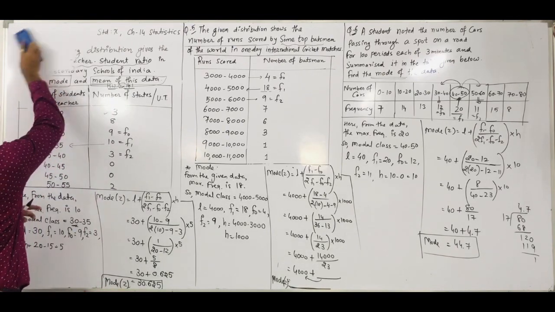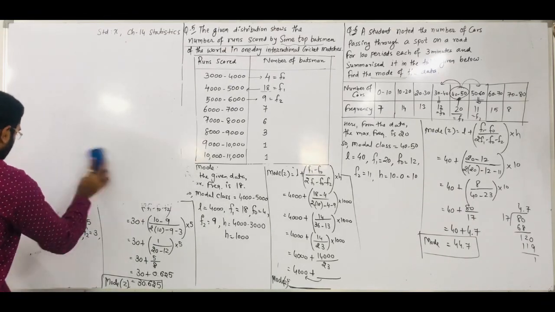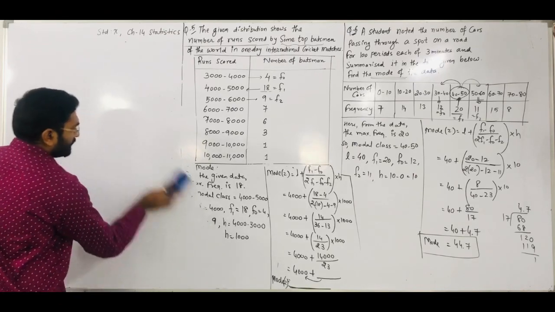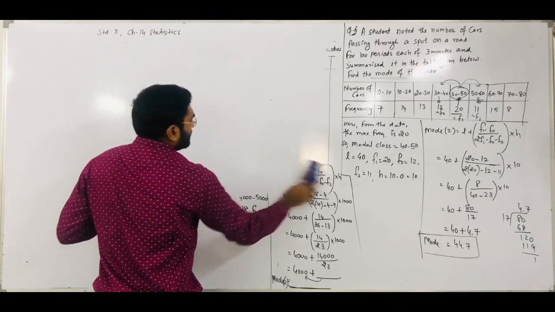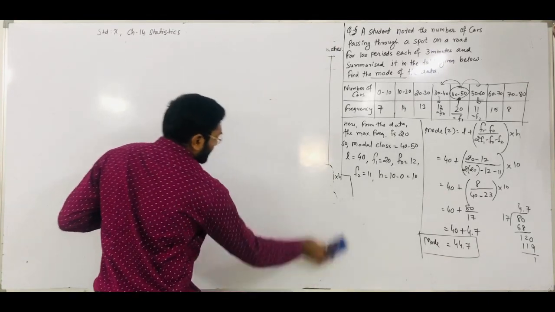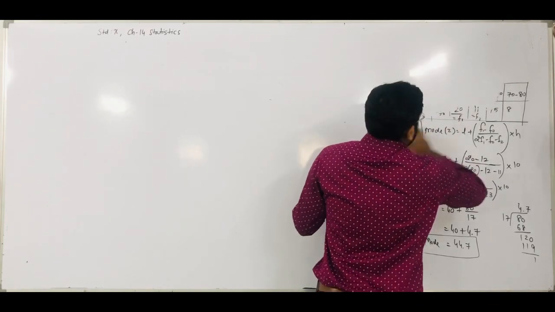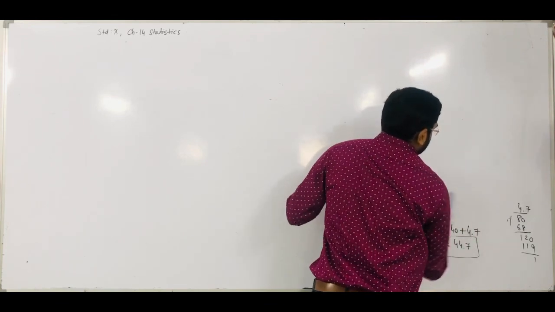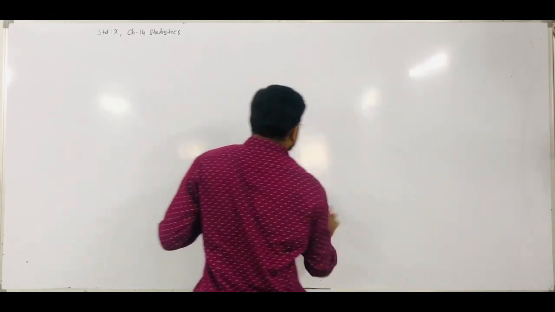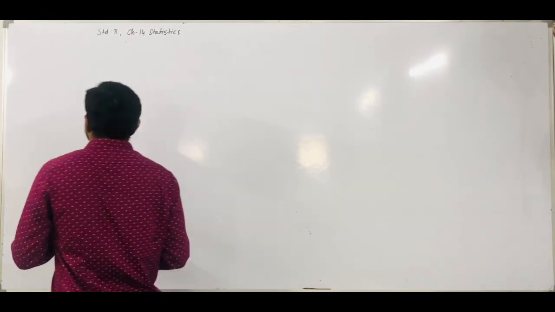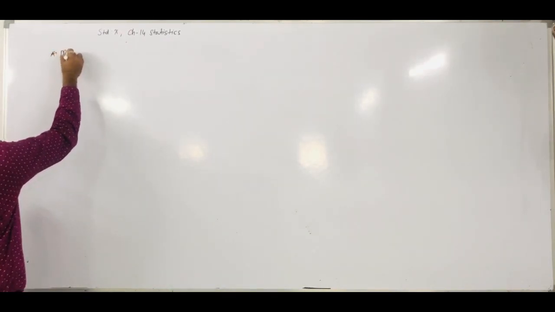So in the median, how can we define this formula and what is this formula? We have to first discuss the formula, and after that we solve exercise 14.3. In 9th standard we already studied that, whenever ungrouped data is given, how we can find the median of the given observations. So our next point is median. We already discussed the mean and the mode, and the third topic of this chapter is median.